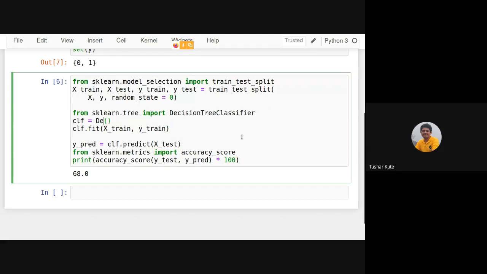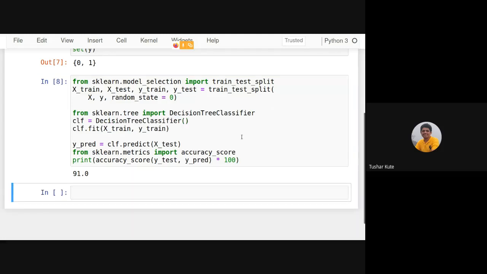And here we'll apply that decision tree classifier. For the decision tree classifier, I have 91% accuracy. Why? Decision tree classifier doesn't require scaling. That's what I told you: random forest and decision tree, these two classifiers don't require scaling. They will directly take the data. Accuracy for decision tree is 91% here.